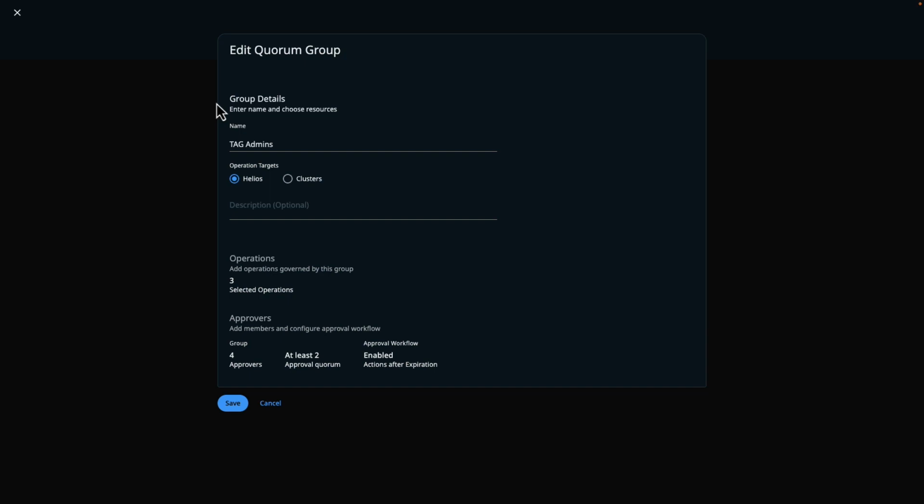In this example, we can see 3 distinct sections for our quorum group. The group details defines the name of the group and the systems that it protects. The operations section enables you to set permissions for the operations that you want to allow. And we can also see that there's an approver section which specifies our individuals who have authority to approve these